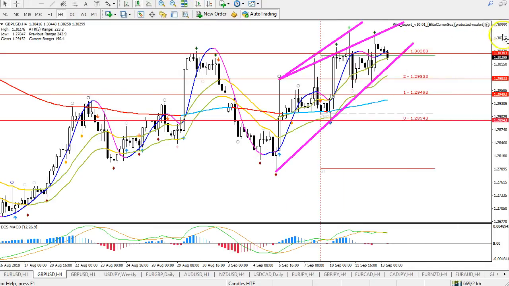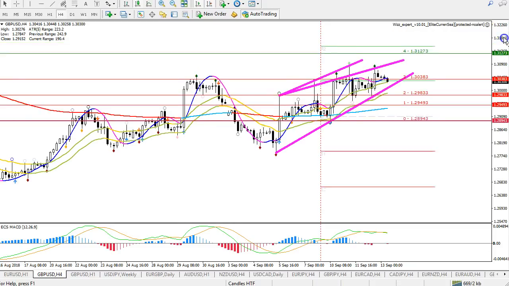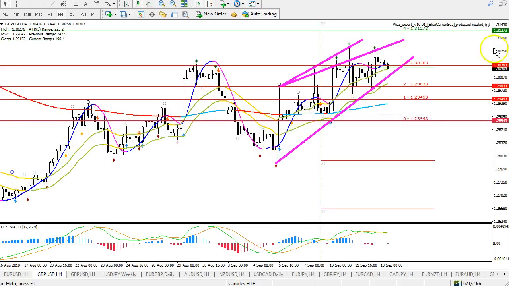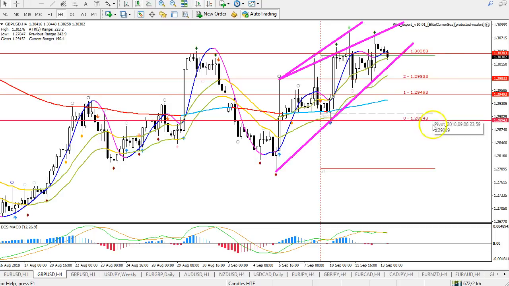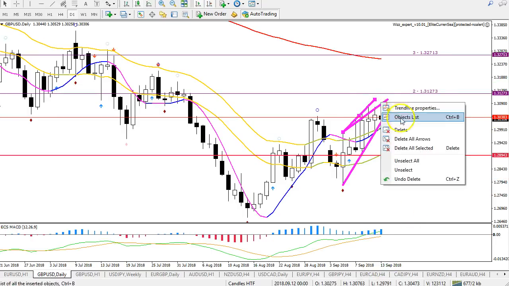Here, another factor why upside is looking a little bit better. It did break above the third Wiz level, and it has space to the fourth, right? And if it breaks that, up to the fifth, right? So therefore, I'm leaning towards a continuation higher. But yeah, 130 and also this right here around 129.80, 129.75, pretty important support levels, because if those don't hold, then it's not looking that good anymore.